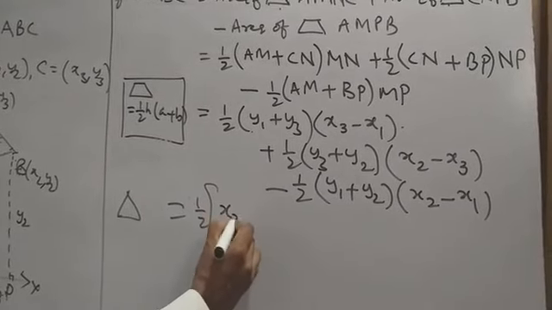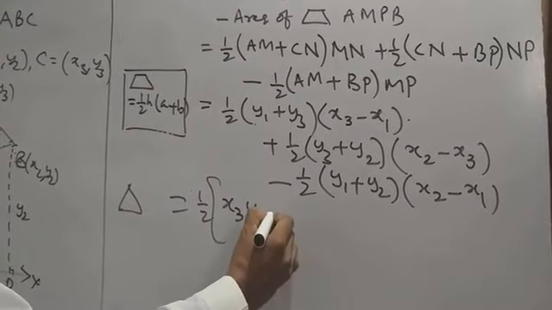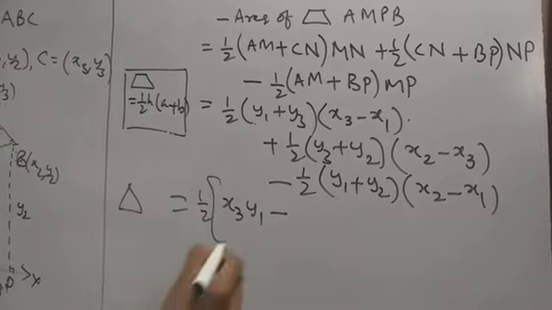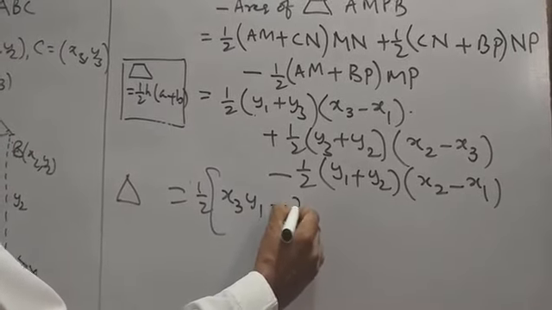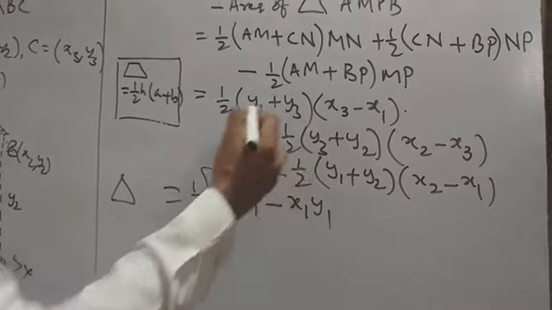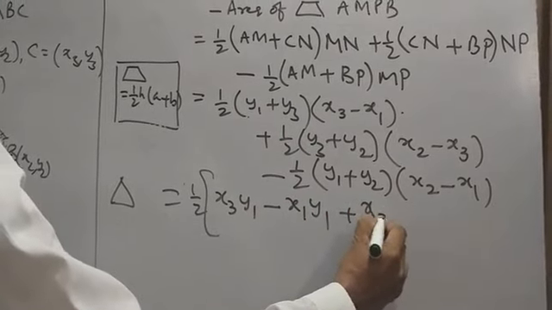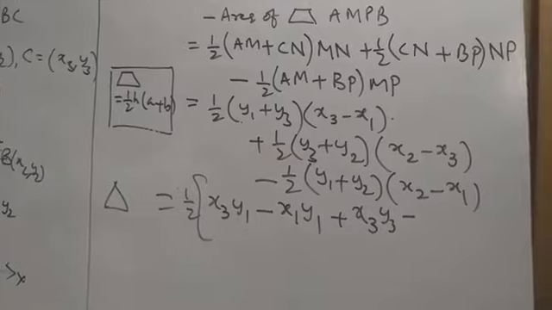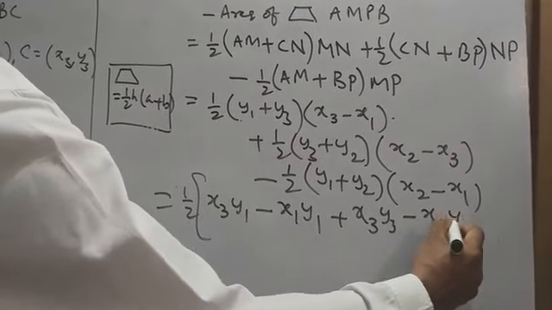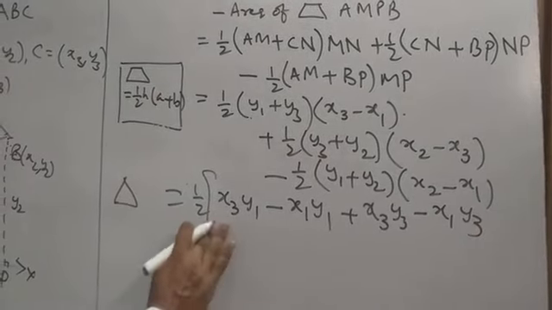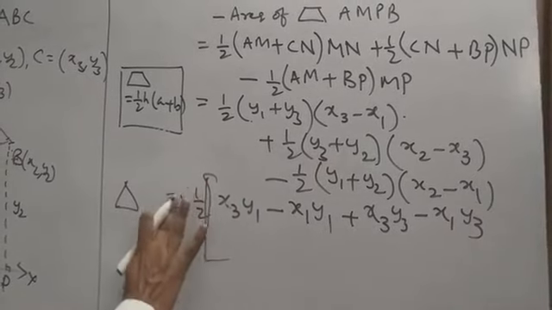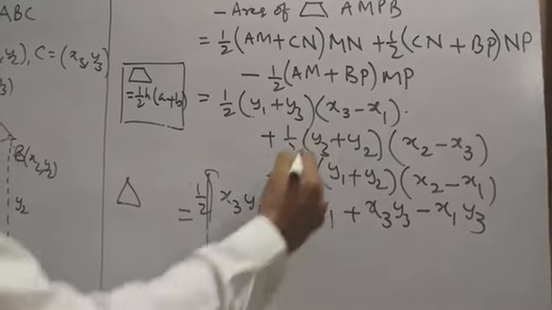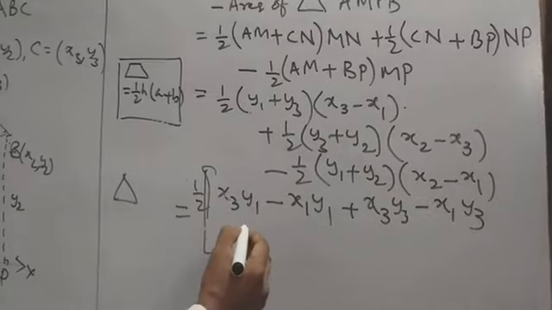So this is x3 y1 minus x1 y1, again with y3 plus x3 y3 minus x1 y3. Similarly, the second one, y3 into x2, so